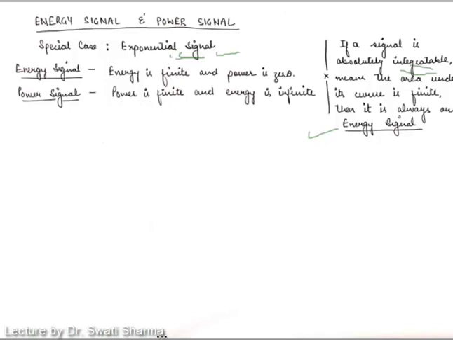If the area under the curve is infinite, then the given signal is not absolutely integratable and we cannot label it as an energy signal. So one of the conditions is just looking at the graph of the given exponential, and you can easily make out whether it is an energy signal or not. So moving forward,